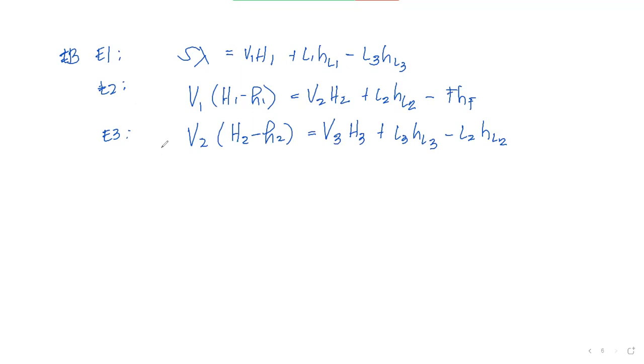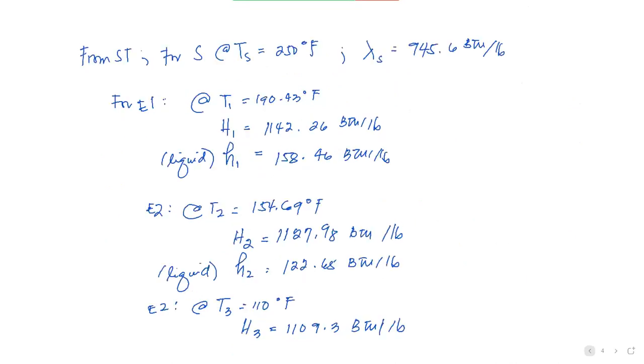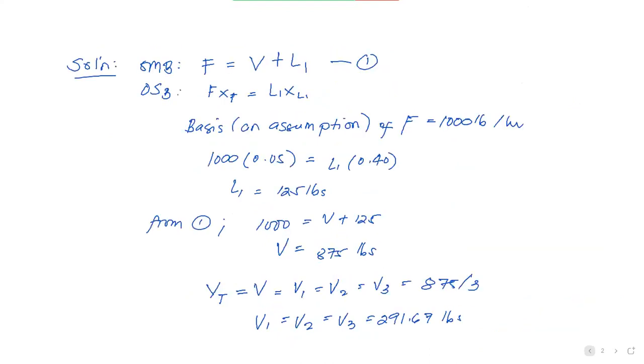And if you do substitute values in the equations, okay, we'll have this labeled equation. So you will know the values, how you get the values. So this is equation 2, 3, and 4. Let me check what I labeled as equation 1. I think our equation 1 is the overall material balance.